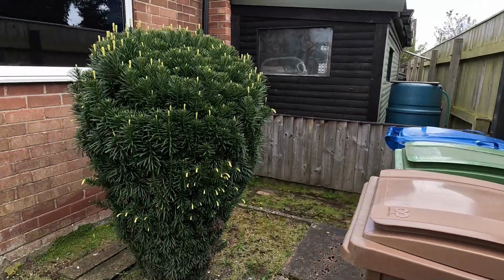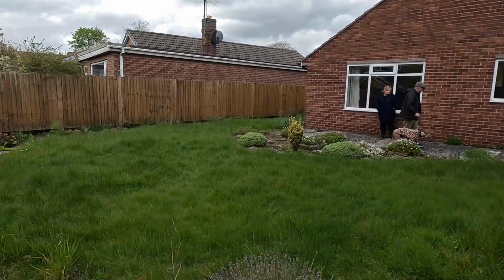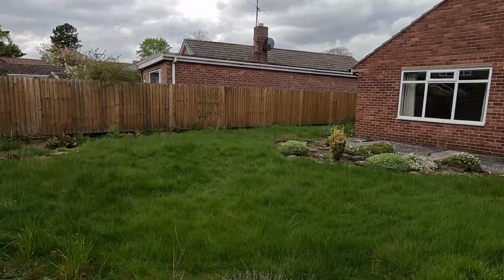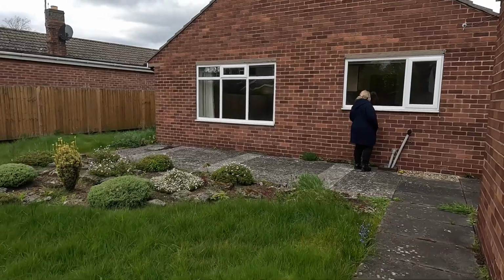Place for a shed. Got quite a nice brick garage. This garden's twice the size of that other one we've just moved to. It's just got a lot of... A bit of a project, this one, but...